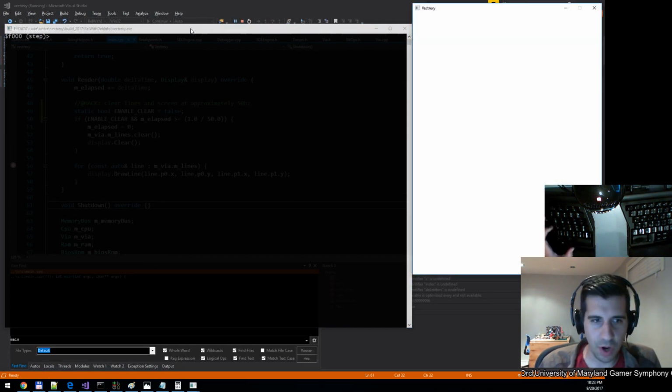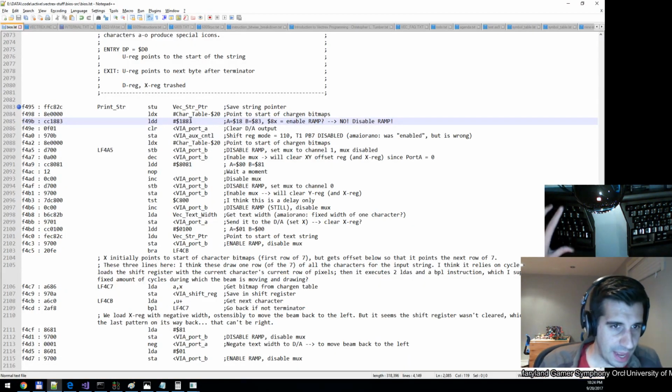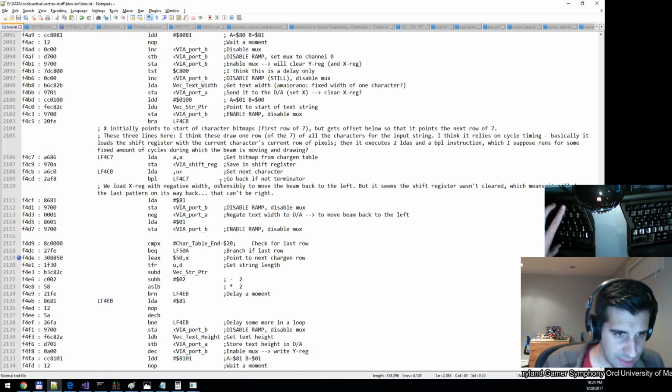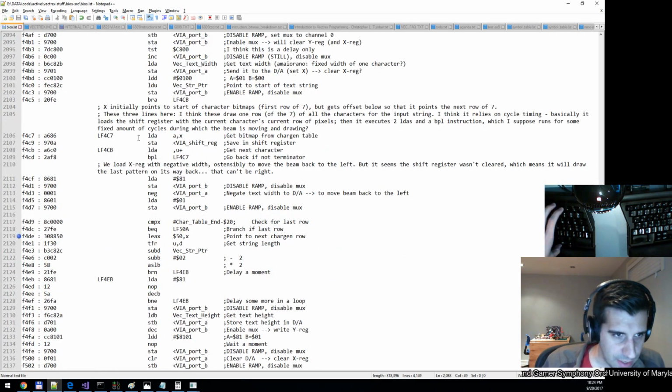Because the thing is, we're always clearing right now at 50 Hertz artificially to simulate a little bit what it's supposed to be like, and then that gets in the way when I'm debugging, because when we debug, we basically max out our time for each delta time right away, and so we clear on every single step, which sucks. So if I just don't clear anything, and what I do is I run up until, look here, we want to go in all the way until, let's see,